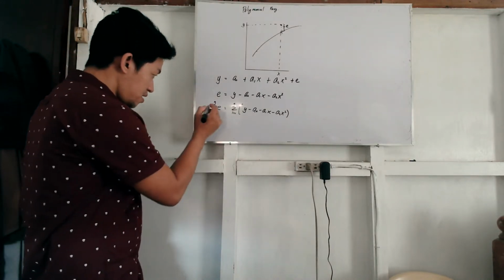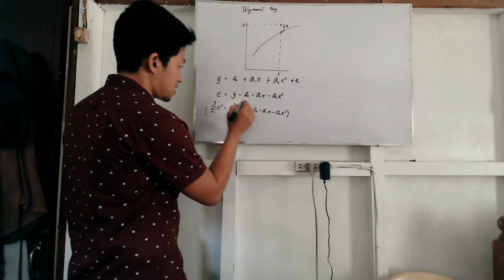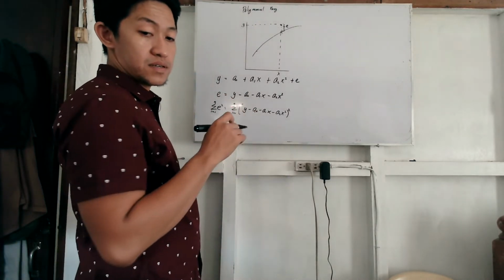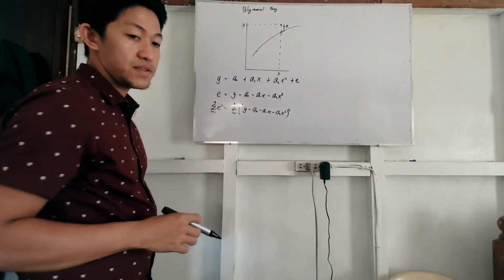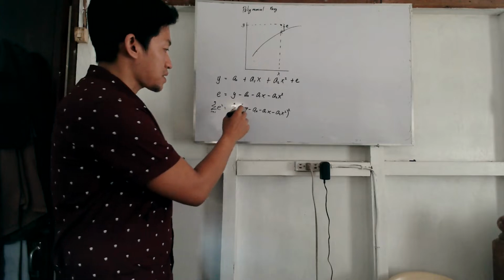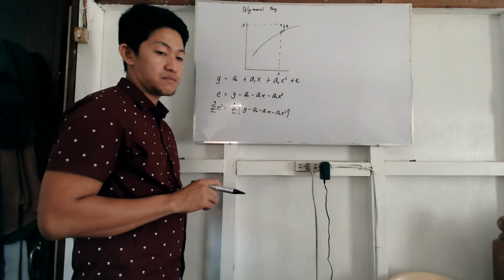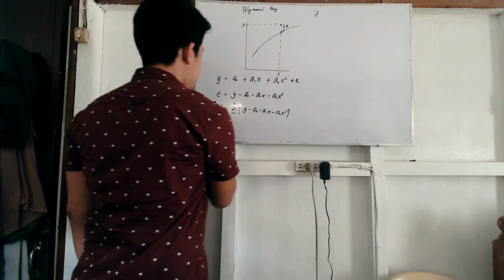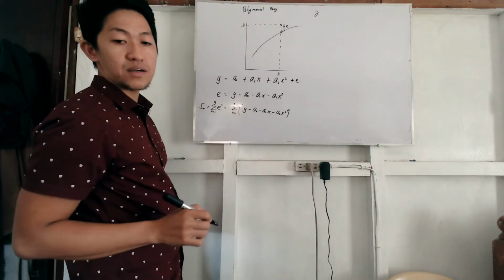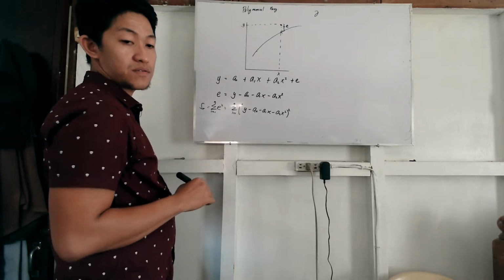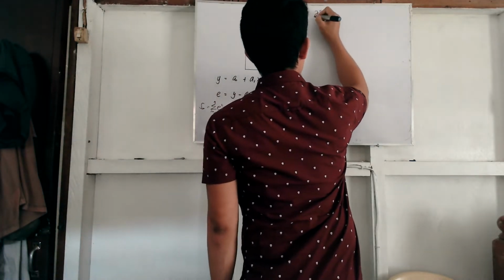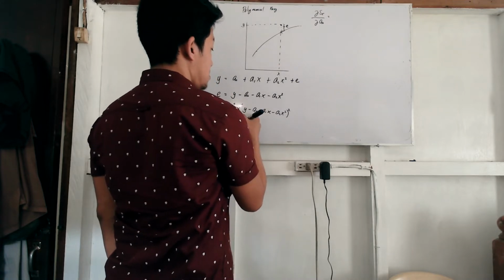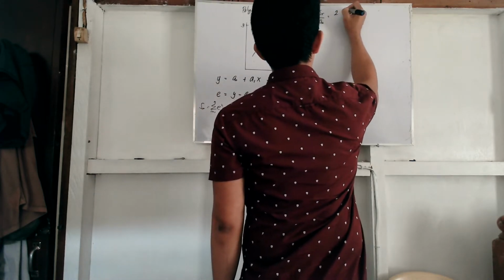Then, to make the error small, we square it. Okay? And after getting the square of the error, we differentiate it with respect to the three variables. So, partial of, by the way, this squared is the S sub r or sum of the square of residuals. So, we have the partial of S sub r with respect to a sub 0. With respect to this, we have 2 summation of